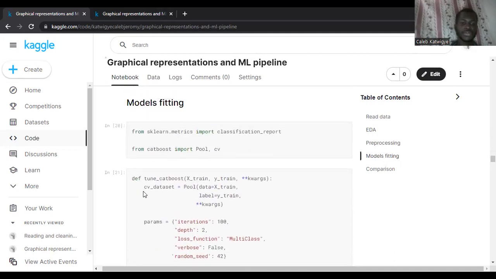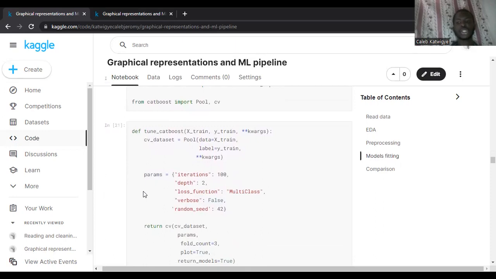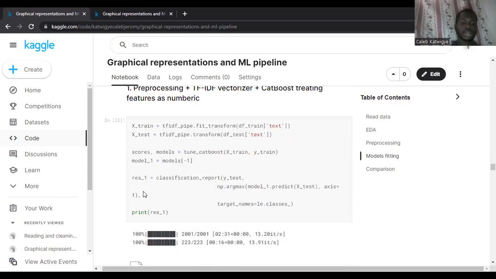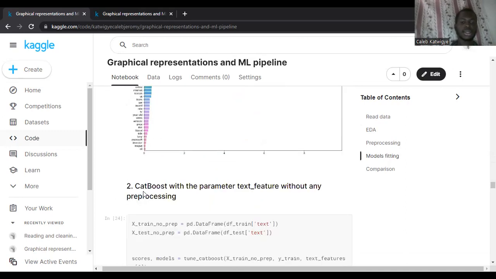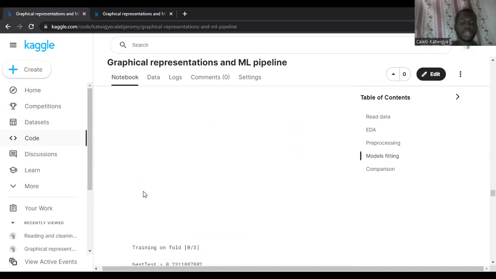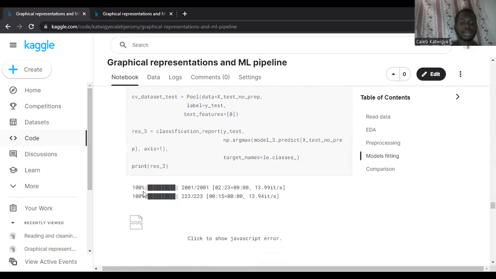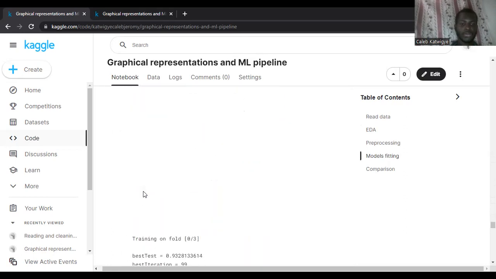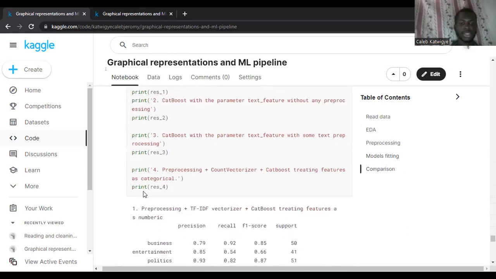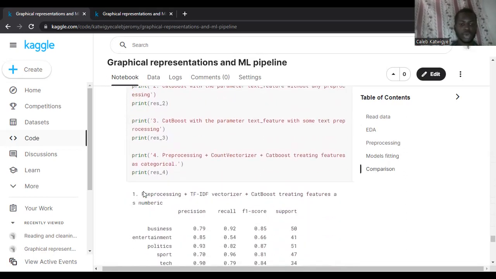Yes, so when we do the models fitting, we are using the CatBoost algorithm. It is in full the category boost algorithm. And then, yes, we split the data into the training set. And then, yes, we have validation set and then the test set. So finally, we are going to just compare them and see here. So we compare all the